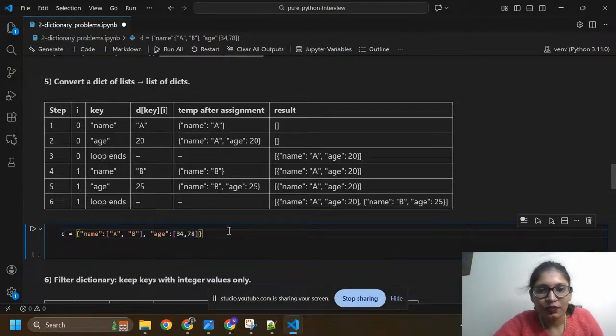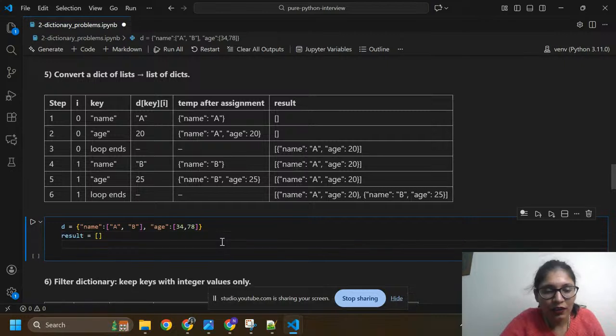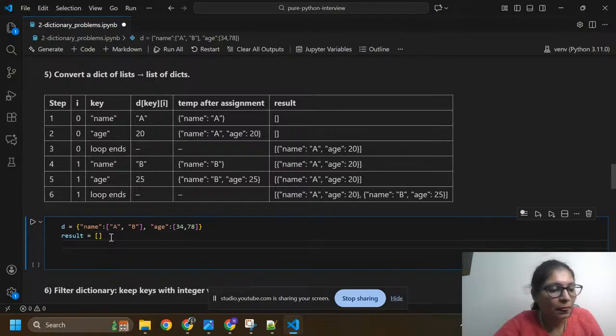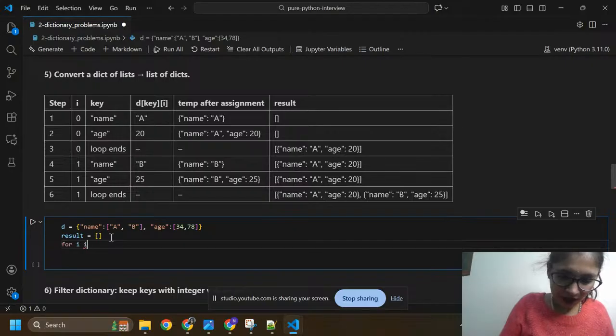Okay, so first of all I need to create one list, and inside this we have dictionary. So this is the output we want. Okay, so here I'm going to create result. Result equals to empty list, so that we can store everything here. Okay, because we want a result in a list of dictionary. Okay, so here I'm going to use loop for i in